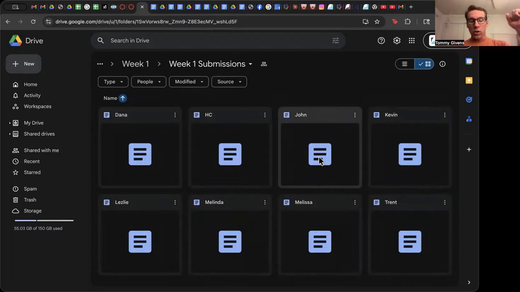In week one submissions, you will find a Google Doc for every member of our seminar. You're going to click on your Google Doc and paste the text of your response to, in this case, week one readings. There are instructions for this in the syllabus. It should be about 2 pages, single space. Once you've pasted that text there, there's nothing else you need to do. You don't need to upload any files, or do anything on Canvas. Your submission will be complete.